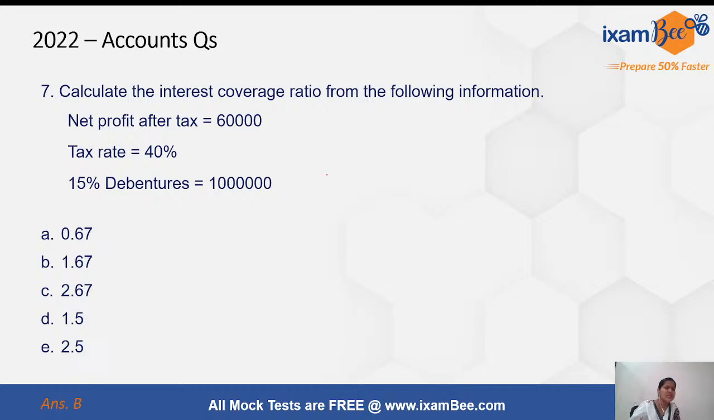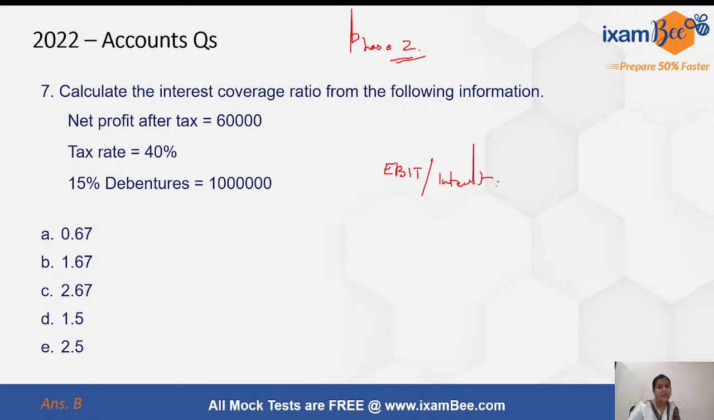Now this was one that came in phase 2. फेज 1 में तो न्यूमेरिकल्स आए ही नहीं थे, फेज 2 में न्यूमेरिकल्स आए थे. सो फेज 2 में इफ आई टॉक अबाउट न्यूमेरिकल्स, दिस वाज वन ऑफ द न्यूमेरिकल्स, वेरी वेरी स्ट्रेट फॉरवर्ड. इंटरेस्ट कवरेज आपको कैलकुलेट करना था. इंटरेस्ट कवरेज क्या होता है आपको? EBIT बाय